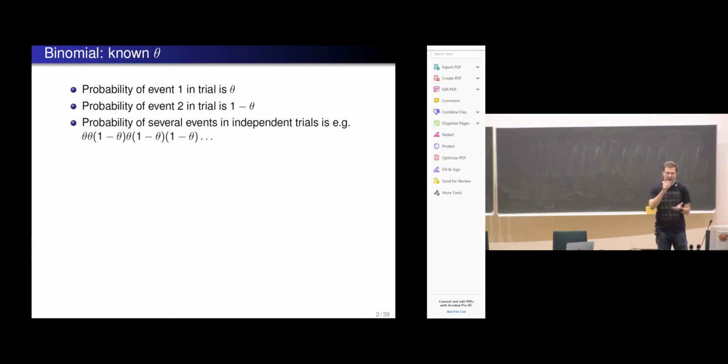If we now keep picking these chips, we know that the probability of getting a red is theta. The probability of getting two reds in a row is theta times theta. Then getting yellow, multiplied by 1 minus theta, and so on. We get this sequence of probabilities, independent trials. We can just multiply these probabilities. But this is now for a specific sequence.